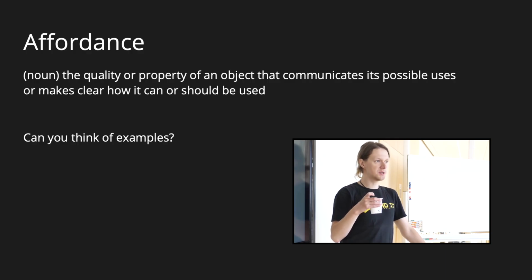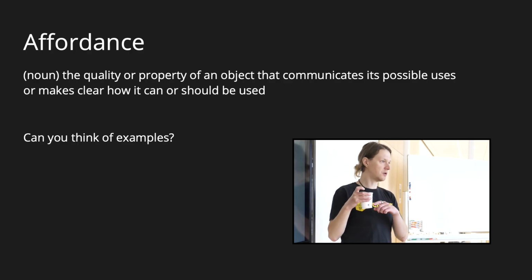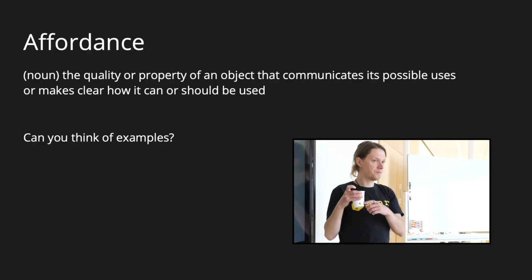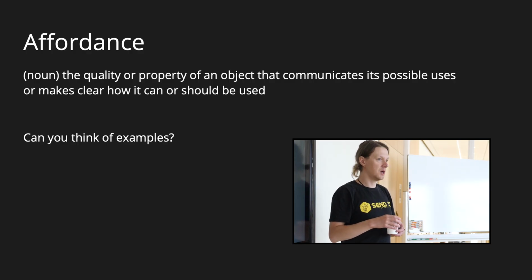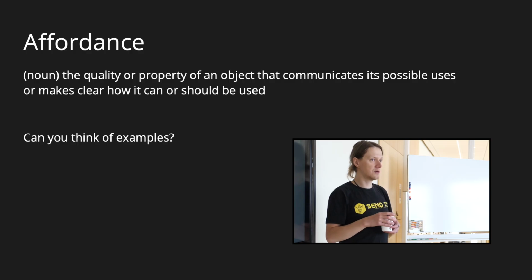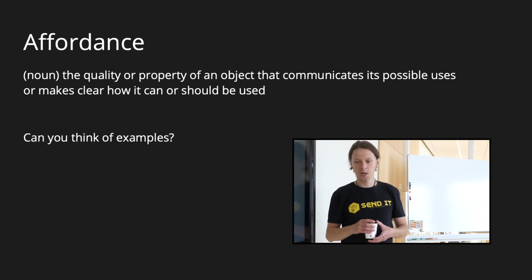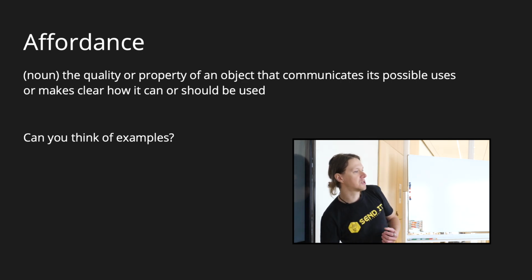This is exactly what it is. Notice how he didn't say anything about the text on the cup, like careful it's hot, or a put water here label. He didn't say anything about the color of the cup. So affordance is exactly a quality or property of an object. It's not any sign, it's not any label on it, so these are not affordances. Affordance is shape,